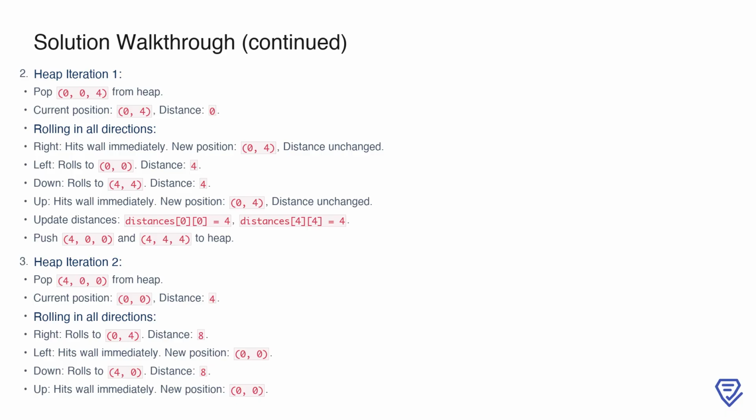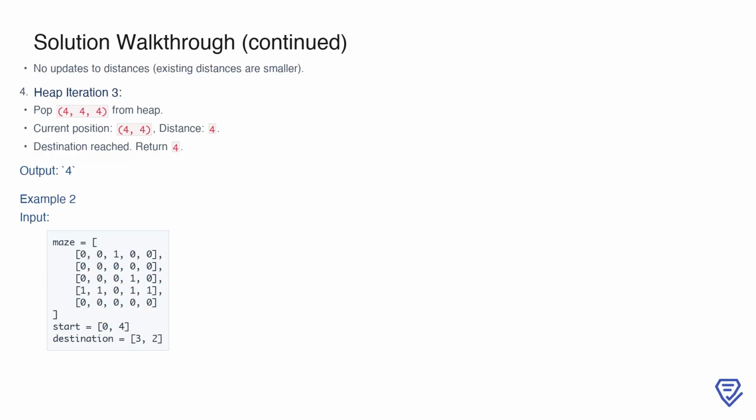In the second iteration, we pop (4, 0, 0) from the heap, placing us at (0, 0) with a distance of 4. Rolling to the right, the ball reaches (0, 4) with a new distance of 8. Rolling to the left hits a wall immediately, leaving the position and distance unchanged. Rolling downward moves the ball to (4, 0) with a distance of 8. Rolling upward also hits a wall immediately, again leaving the position unchanged. Since the distances at (2, 0), (4, 0) are already smaller in the distances array, no updates are made